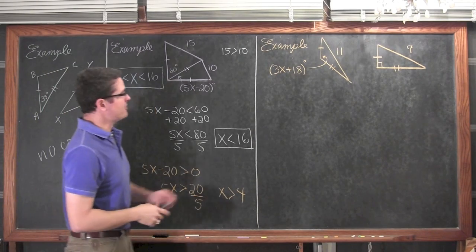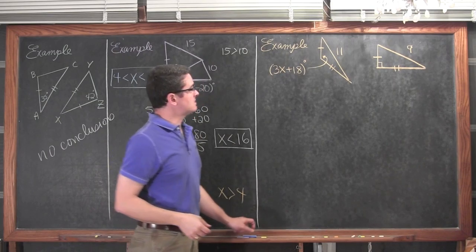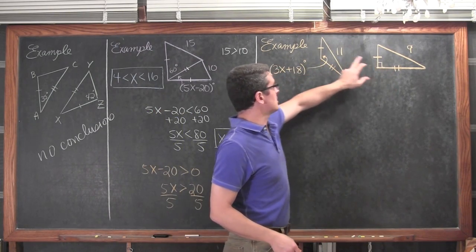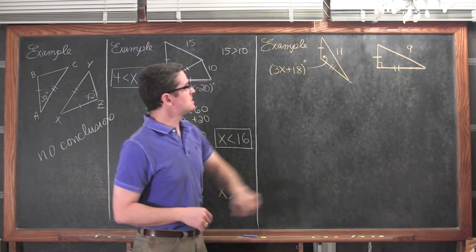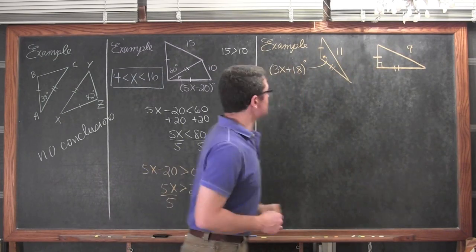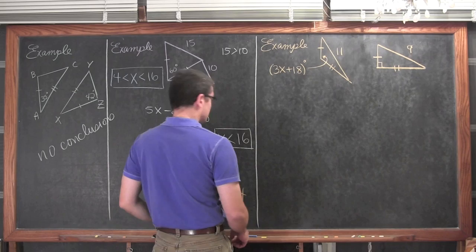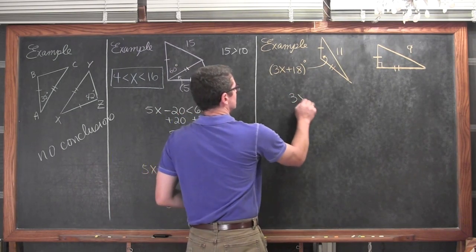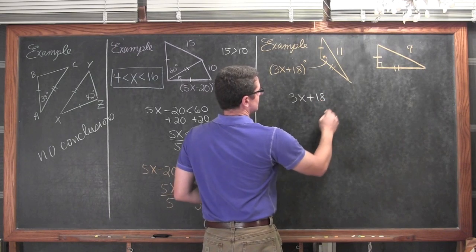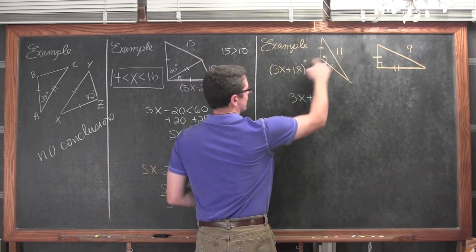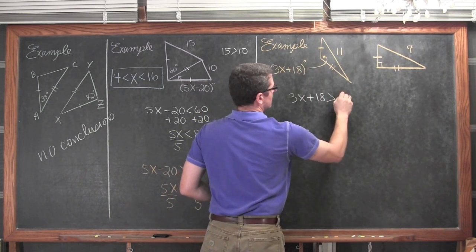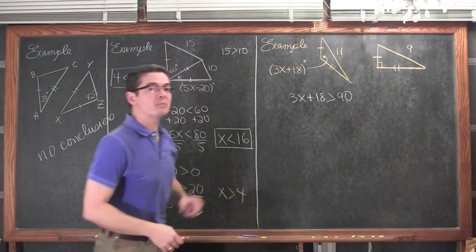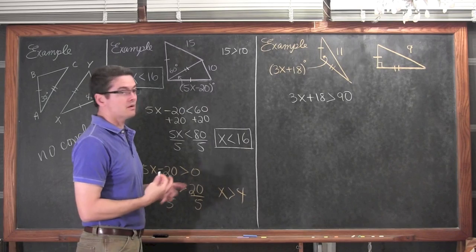Okay, in our last example, very, very similar. We've got two pairs of congruent sides, and so we're going to look at the comparison of the included angles. 11 is greater than 9, so that means that, get a piece of white chalk here, that 3x plus 18, this amount of angle here, must be greater than 90. That box in the corner, of course, we know means perpendicular, a 90-degree angle, a right angle.